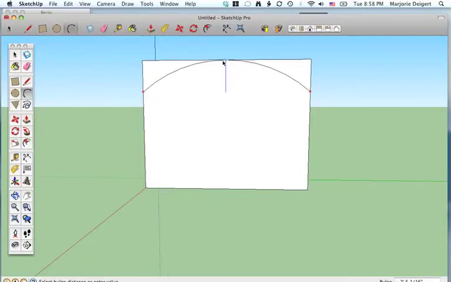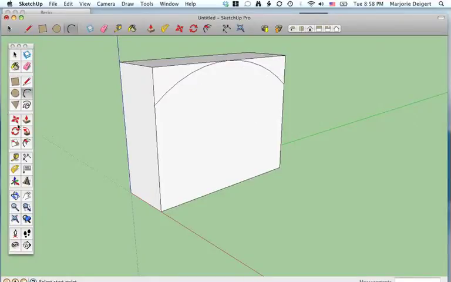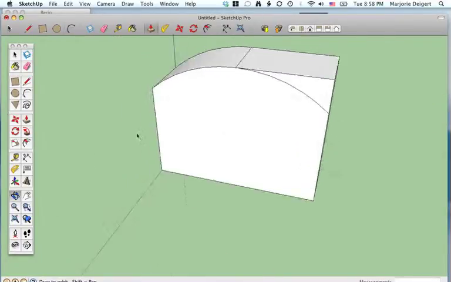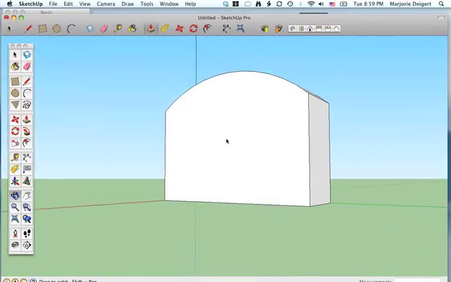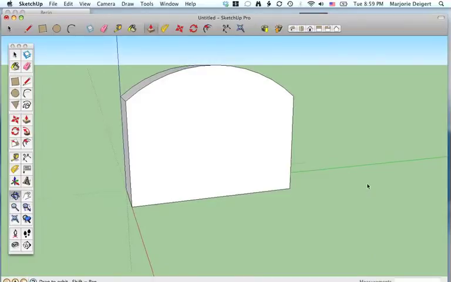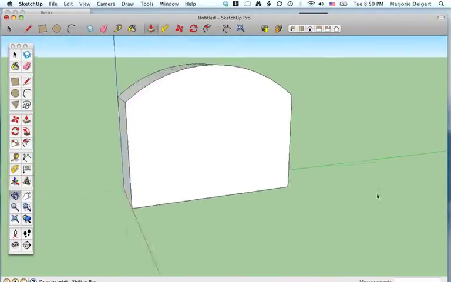I'm still holding the mouse down. I drag up and I'm going to find my center point, and you can see it says midpoint. So now I let go and I have to click there. Okay, and I'm going to orbit around, and then I'm going to grab the push-pull tool, and this time I'm going to push backwards, so I push that edge off. Okay, so I push both edges off, and now you can see that I have rounded corners on this rectangular